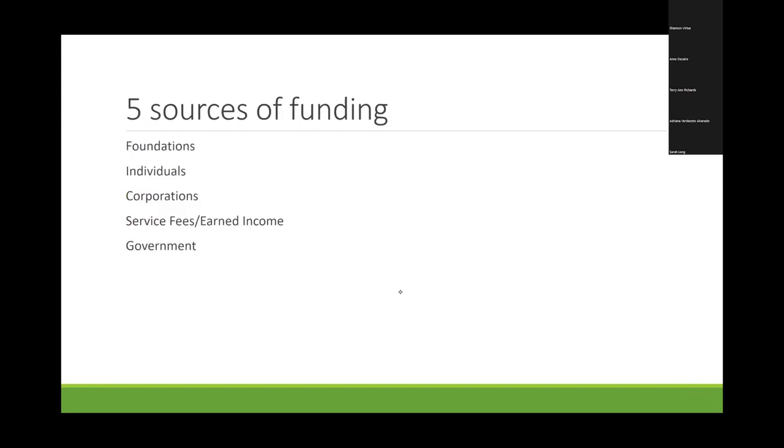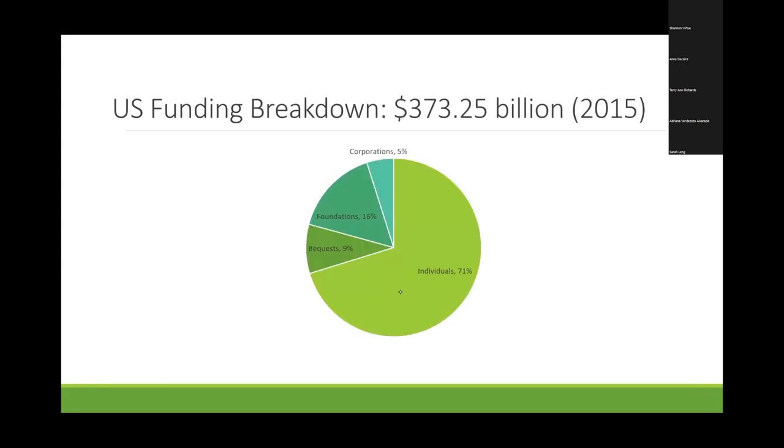So we'll kind of just finish up with a funding overview. Generally, nonprofits have one of these 5 sources of funding: foundation money, individual donor money, money from corporations, earned income. Even though you're a nonprofit, you can earn income, and government sources, government grants. This is a little bit old, sorry about this, but a lot of the funding for nonprofits in the US does come from individuals, individual donors. Subscriptions is another way that sometimes people capture individual donor money, with these other forms also readily represented.